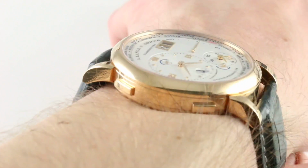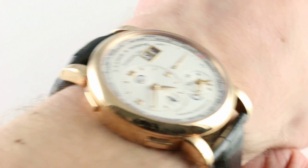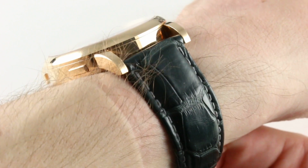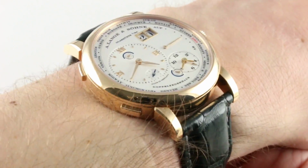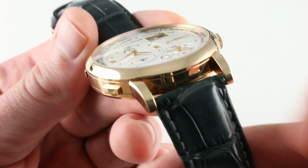Now if you measure it from lug to lug, it's a big watch. 49.8 millimeters, however, means it's under the critical 50 millimeter threshold that I consider essential for a smaller wrist, and I define a smaller wrist as about 14 centimeters up to 16.5 centimeters on a man. What I will tell you, however, is that you have many options to accessorize, as the lug spacing is a